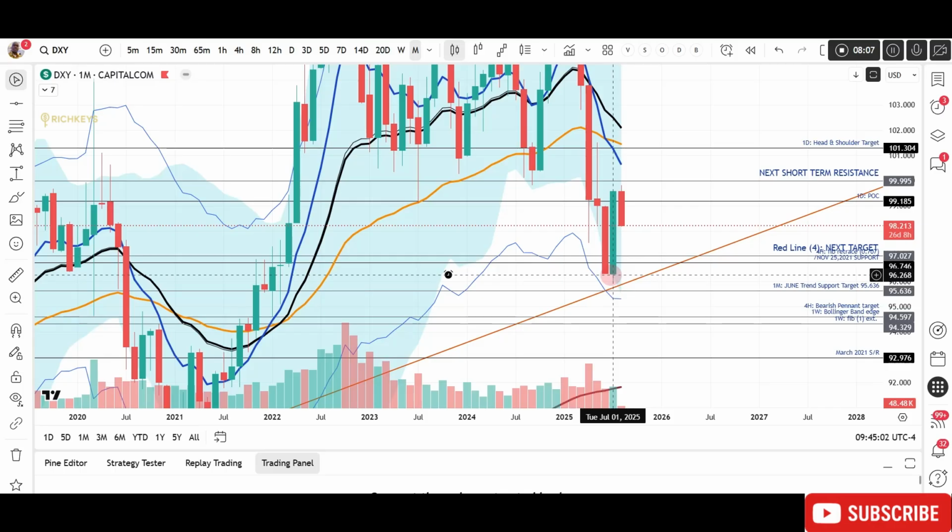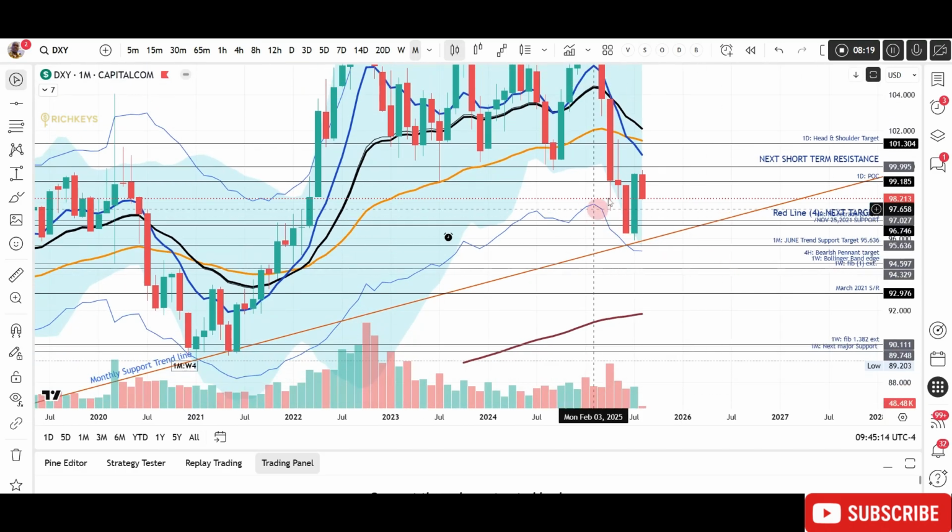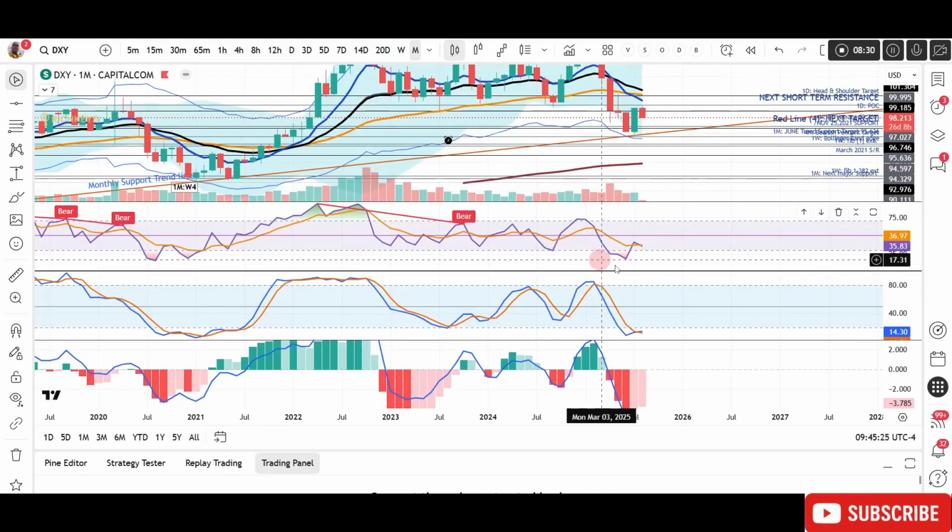If we were to continue going down, that would probably be 2 to 4 standard deviations outside the Bollinger Band, and that is statistically unsustainable. So now we bounce back into the band. We didn't even make it quite to the 9 monthly moving average, and we are getting our rejection. The other thing is, on the monthly, we don't have any divergence yet.